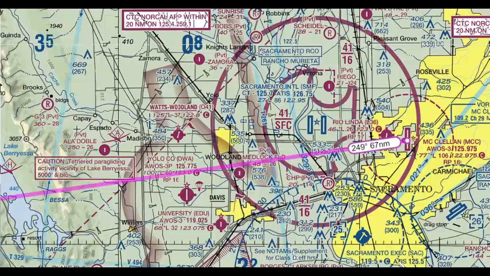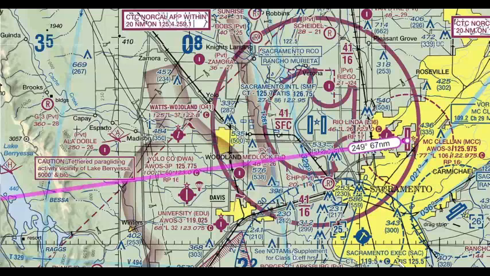With that, kind of how I'll do this is pretend that I'm your DPE. I've assigned you this cross country that we're going to talk about on your check ride. It's a pretty basic flight, 67 miles as you can see, not a terribly long flight. And we'll just go through here and talk about some of the symbology, and I'll ask questions. You can hit pause if you would like more time to answer, or I'll try to give ample time to just answer it basically. So with that,